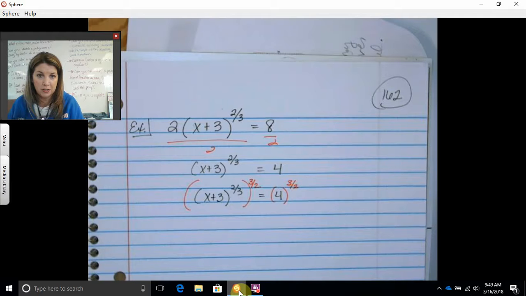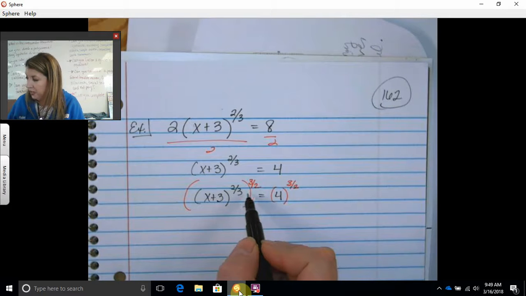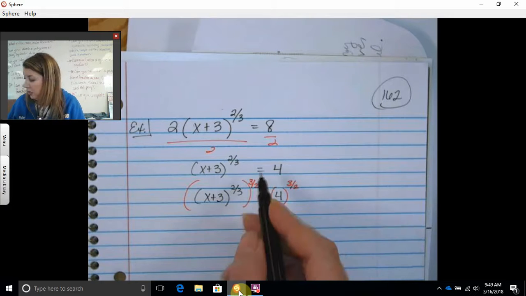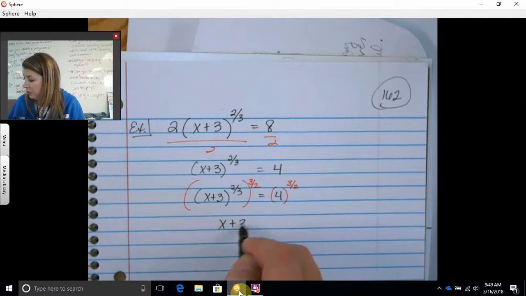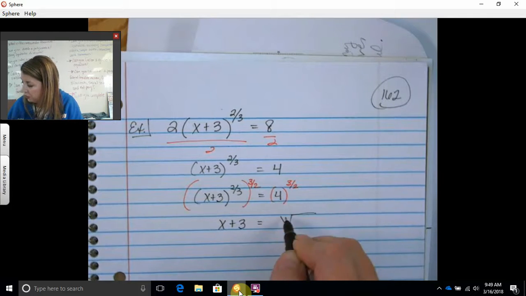Power to a power, 2/3 raised to the 3/2 means you multiply those powers together and you get what? 1. 2/3 times 3/2 is 6/6, which reduces to 1. And when you have an exponent of 1, you don't need to write that. You don't even have parentheses anymore. 4 to the 3 halves. Let's convert it to a radical. What would the index be? 2. So it would be the square root of